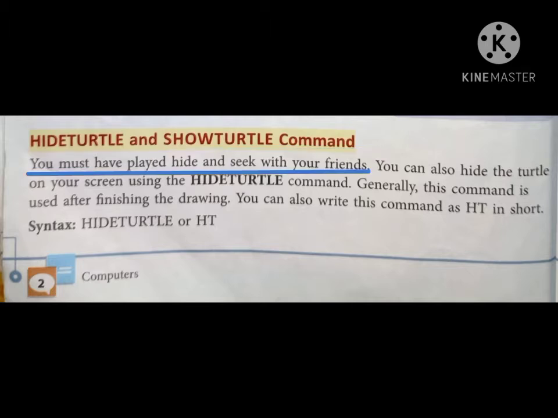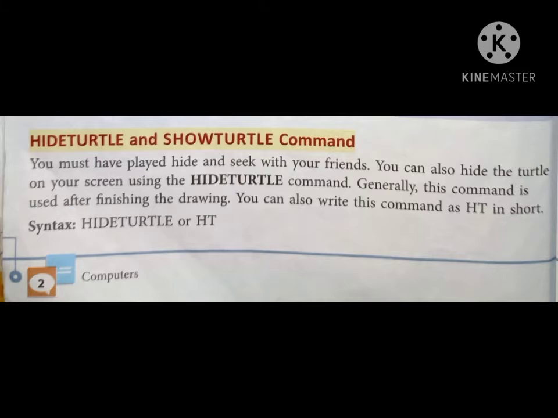Next is the hide turtle and show turtle command. You must have played hide and seek with your friends. Yes, we all have played hide and seek and still we play this, isn't it? Next, you can also hide the turtle on your screen using the hide turtle command. Generally, this command is used after finishing the drawing.